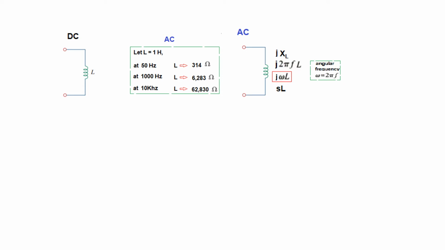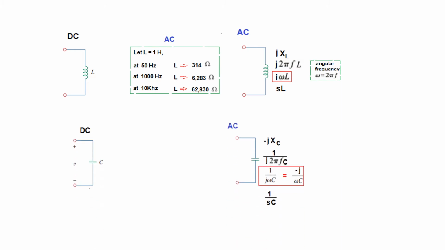Also we can write in terms of angular frequency, and angular frequency omega is given by 2 pi F. So we can write it as j omega L. And we'll see in case of a Laplace that is also represented by sL. But don't get confused with so many options. What we will do is we'll only play with this one. You can forget about all others.